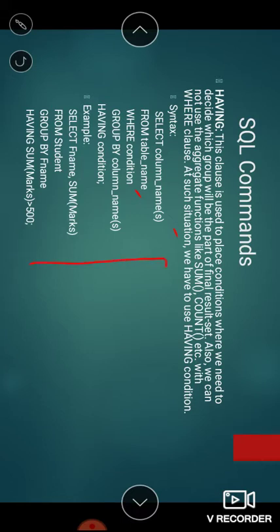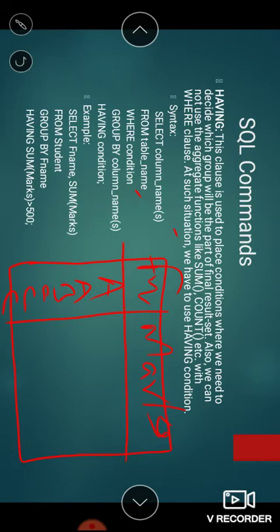We are taking this table. This is the f name, and then we have some marks. So the f names are a, b, c, and let's suppose there are 3 C's.